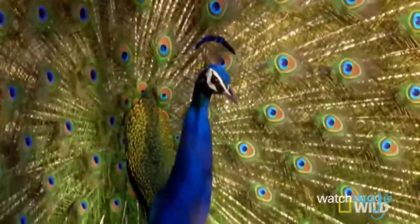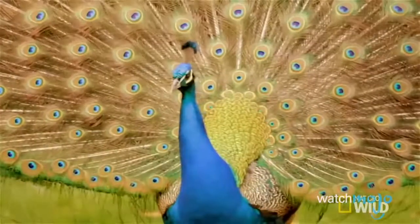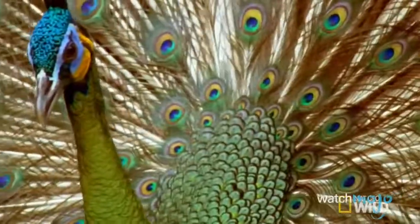And those flowing green and sapphire-eyed feathers have long been associated with the gods in various cultures. Its long cerulean neck, tiny head frill like a